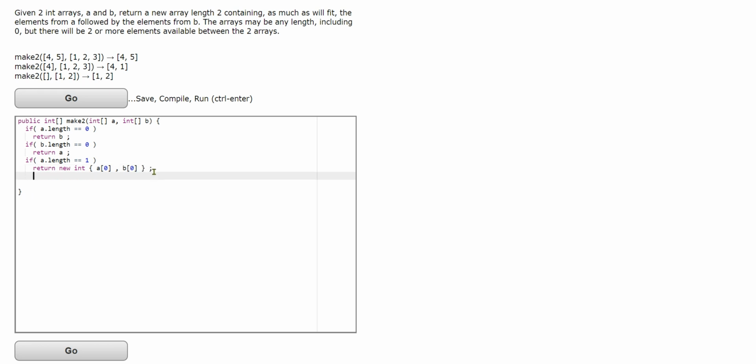Then I'm going to copy this just to save some time and change the variable names around. So instead of a.length, we're going to do b.length, and we're going to return